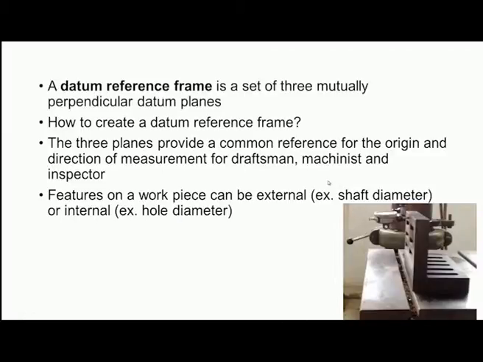Now, we should try to understand what is the meaning of datum reference frame. It is a set of 3 mutually perpendicular datum planes. Now, this datum reference frame is very essential in order to measure the component properly. Now, 3 mutually perpendicular datum planes means, so this is one reference plane,